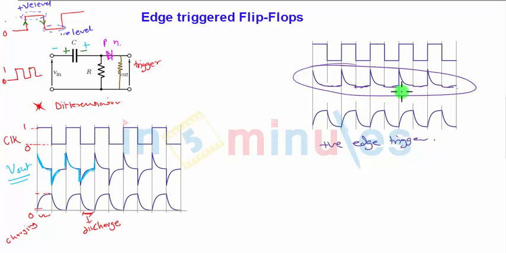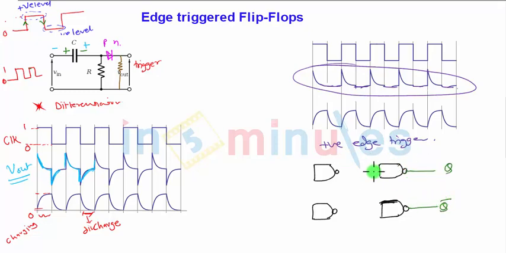So let me draw a small diagram here of a NAND latch. So an SR latch is there having 4 NAND gates. So this is Q bar, feedback path. This is the S and R input, and here we need to give the clock. So this is the clock input. Now let me say this is the positive edge triggered clock. So what I will do, I will apply a differentiator here.